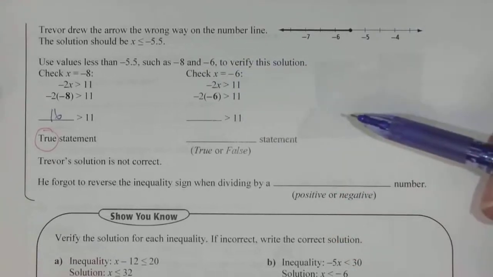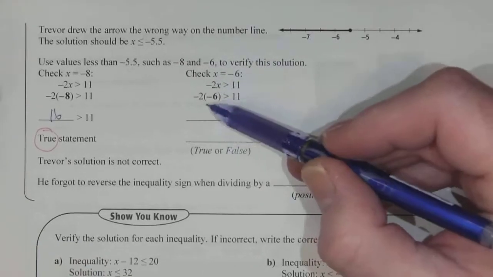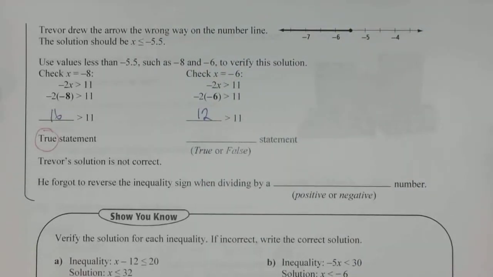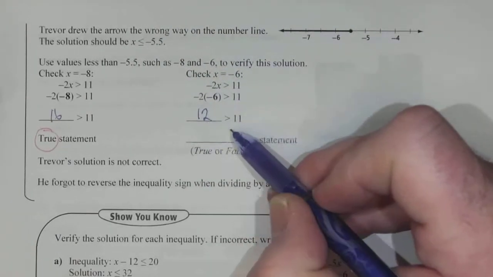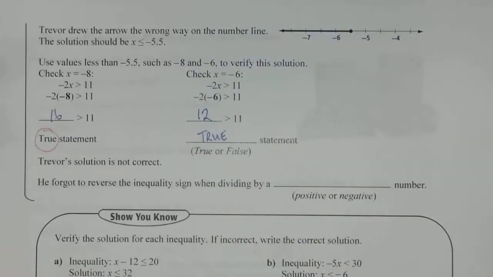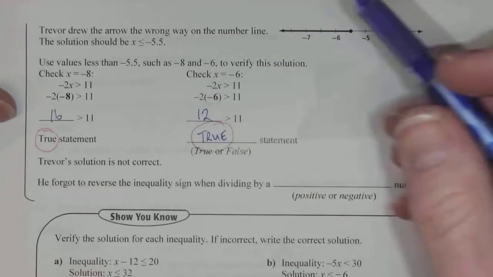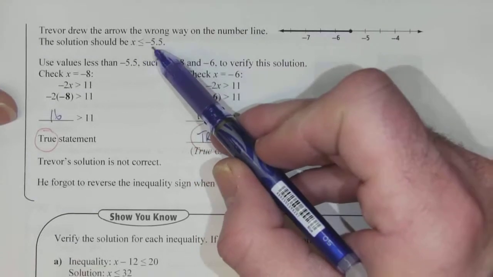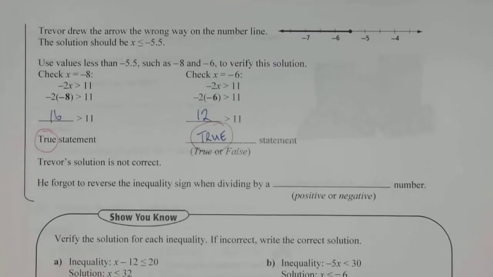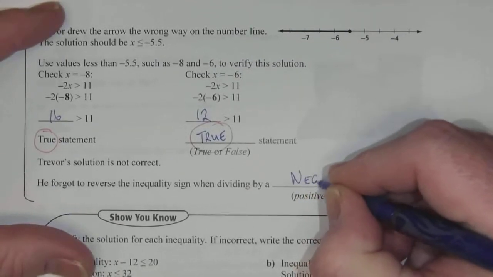Let's try negative 6 for the value of x. Substitute it in. 2 times 6 is 12. A negative times a negative gives you a positive answer. So we have the statement 12 is greater than 11. Again, that is also true. So it looks like the solution should in fact be x is less than or equal to negative 5.5, not greater than or equal to negative 5.5. So that's good. At some point he forgot to reverse his inequality sign when he was dividing by a negative